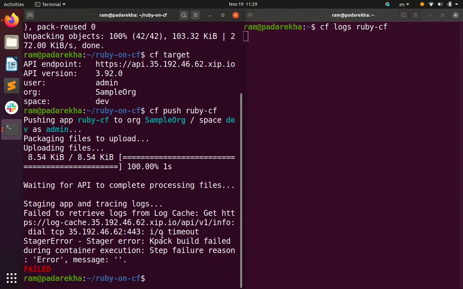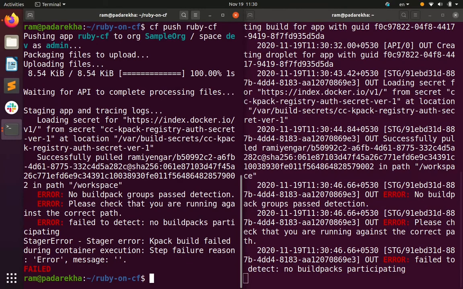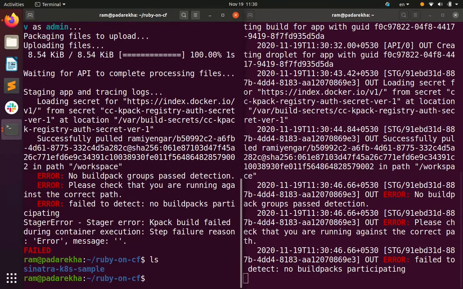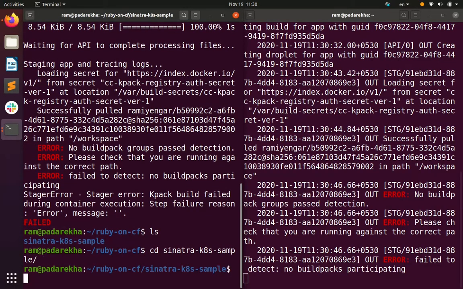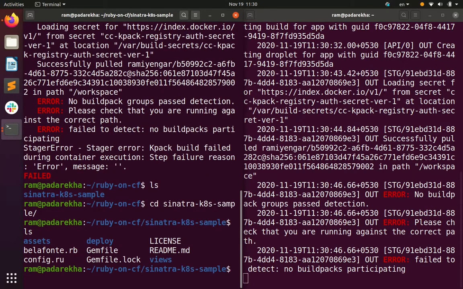You'll notice that the current build actually failed, and the reason seems to be that we have pushed from the wrong root folder. Please remember, you will always have to ensure that the cf push occurs in a top level folder that contains the right files needed for the build packs to detect the language and the runtime. In the case of a Ruby application, it is the location where a Gemfile is present.